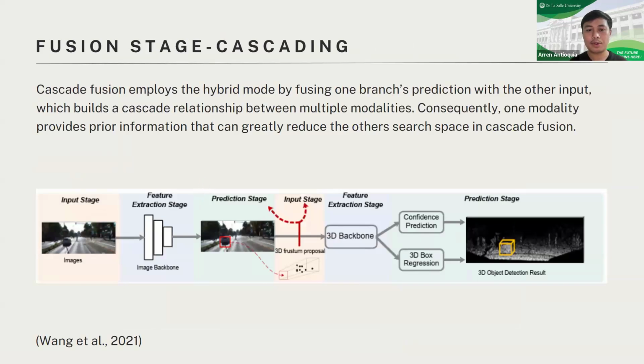In cascading, although we're not fusing different modes, we're training the same model but on different types of annotations. Just to give you an idea, for all listeners, we have this input image of